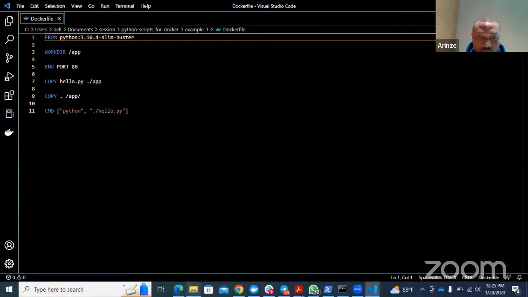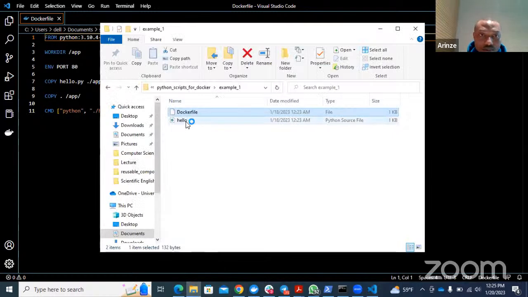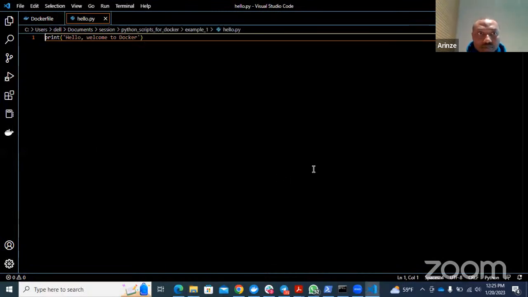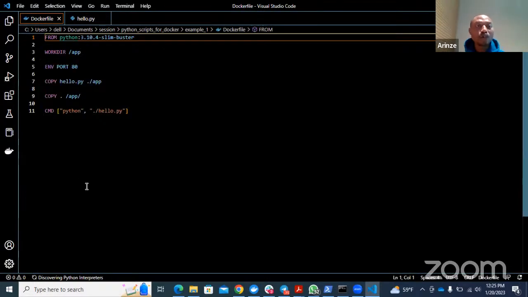Let me also open the Python script. In the Python script, I just have the print, hello, welcome to Docker. That is what the script is telling us to do: just print for us, welcome to Docker. And then in my Dockerfile, I have FROM my Python version, I want my code to work with Python